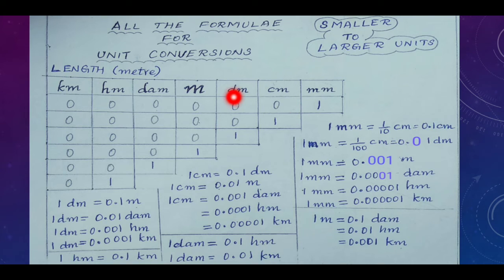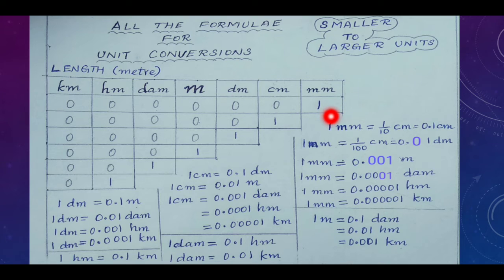Now to convert millimeter into decimeter, we have to move two steps. So the decimal point also should be moved two places to the left. Start from here, 1, 2. So this place is the right place to put a decimal point. So 0.01. No need to think about all these zeros. We have to think about decimeter and millimeter only. Okay, only these three boxes to convert millimeter into decimeter.